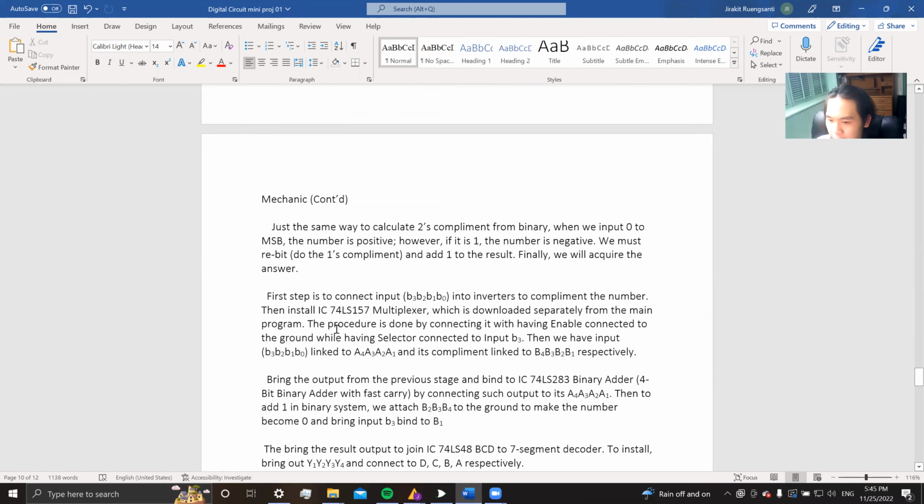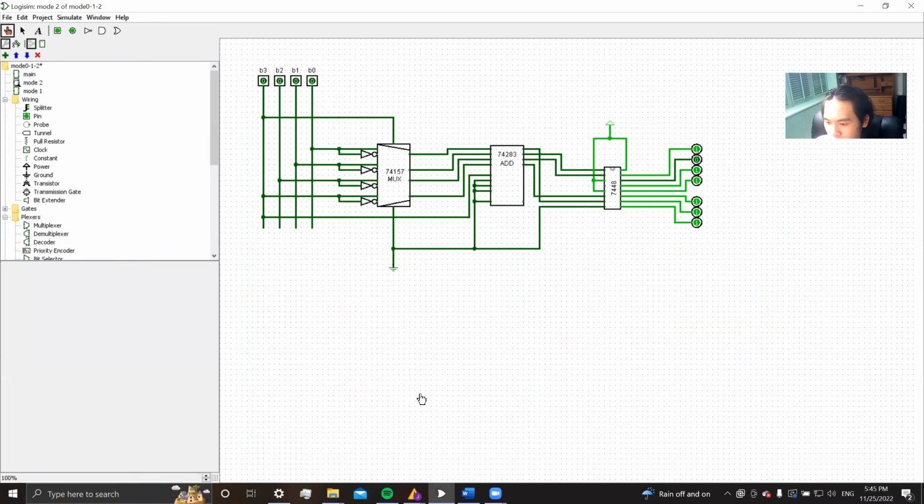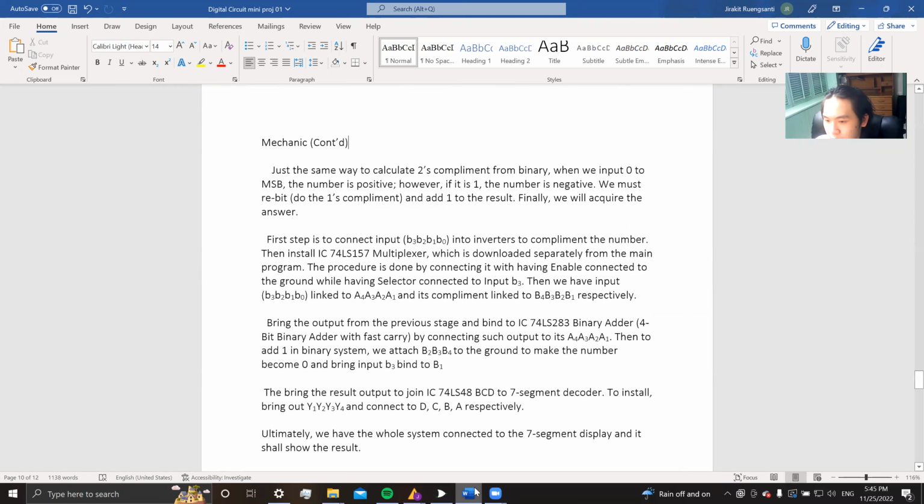Let's come to the installation. The first step is to connect inputs B3, B2, B1, B0 into inverters. Let's get to mode 2. B3, B2, B1, B0 into an inverter right here. All right. Sorry, inverter. After we connect them to the inverters to complement the number,